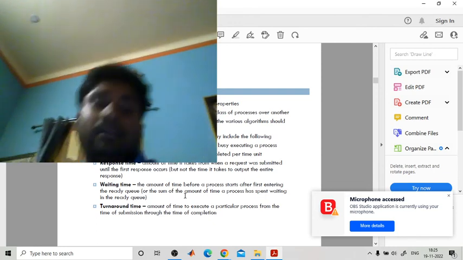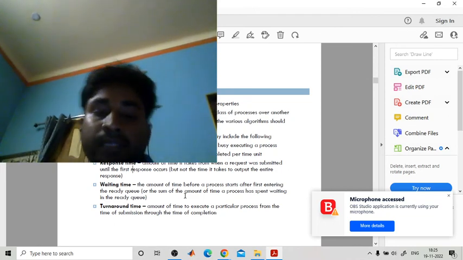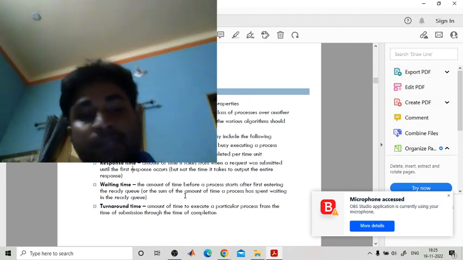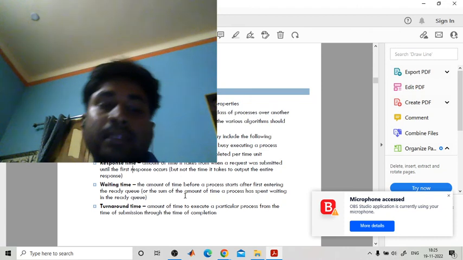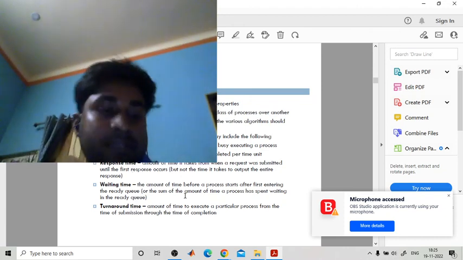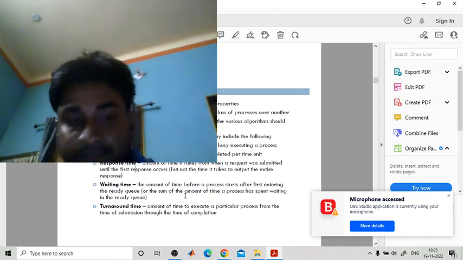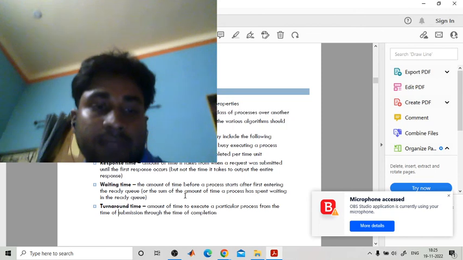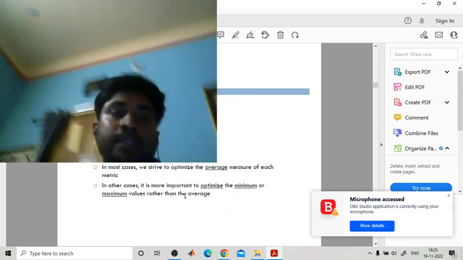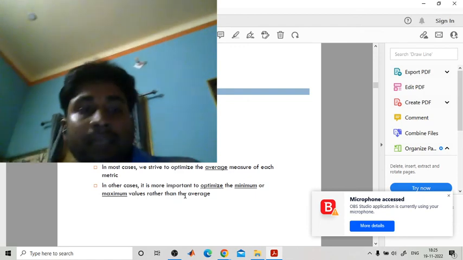Then the turnaround time means the whole time, that is, from when the process came to the ready queue until the process left the ready queue after the completion of execution. That is called the turnaround time. Now, optimization criteria are there, that is, these are desirable here. Maximize the CPU